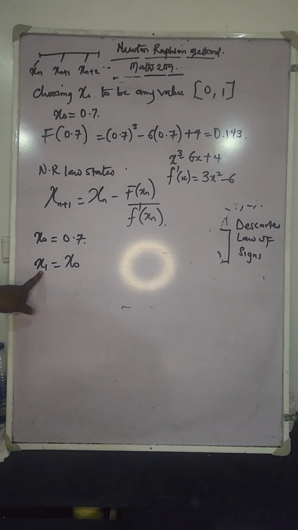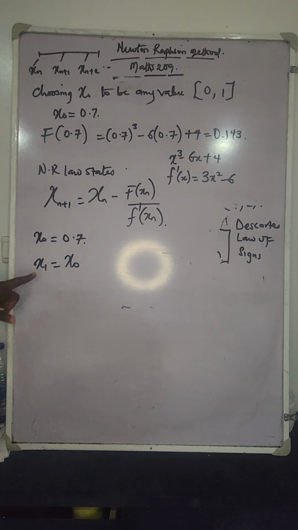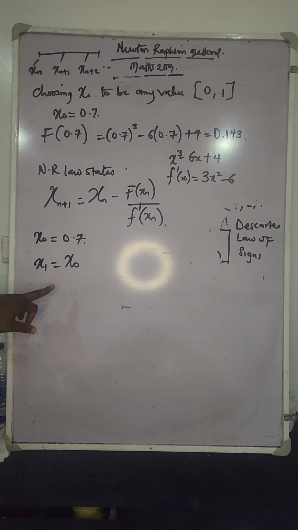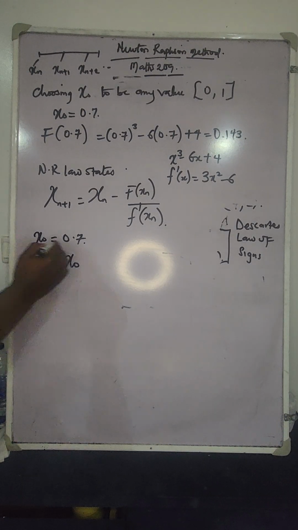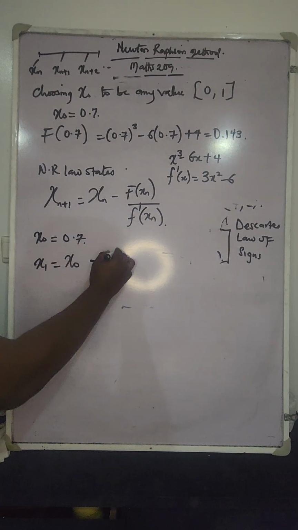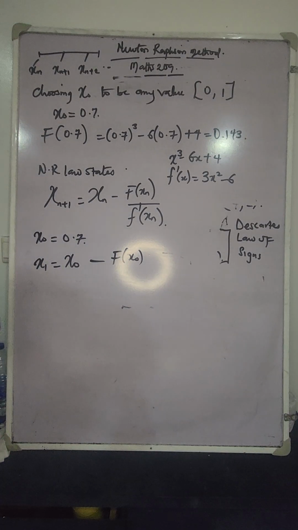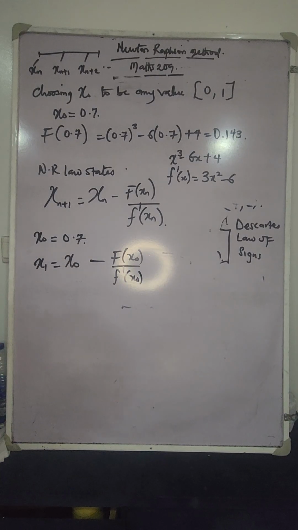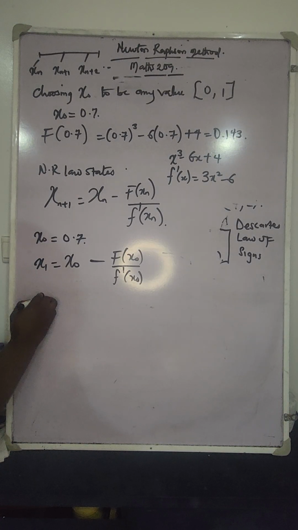So x1 will be equal to, for you to progress to x1, you remember you are coming from x0. So we say x1 is equal to x0 minus f of x0. Do you see that? All over f prime of x0. That's what the Raphson's is telling you. And so x1 is equal to